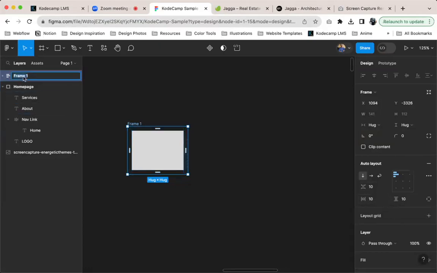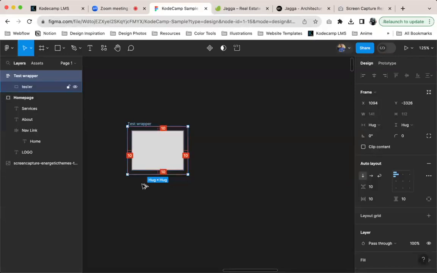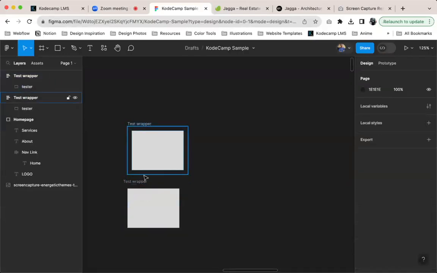Let me name this one test wrapper. So this frame, this particular container, so to say, is auto-laid. I'm going to duplicate it and remove